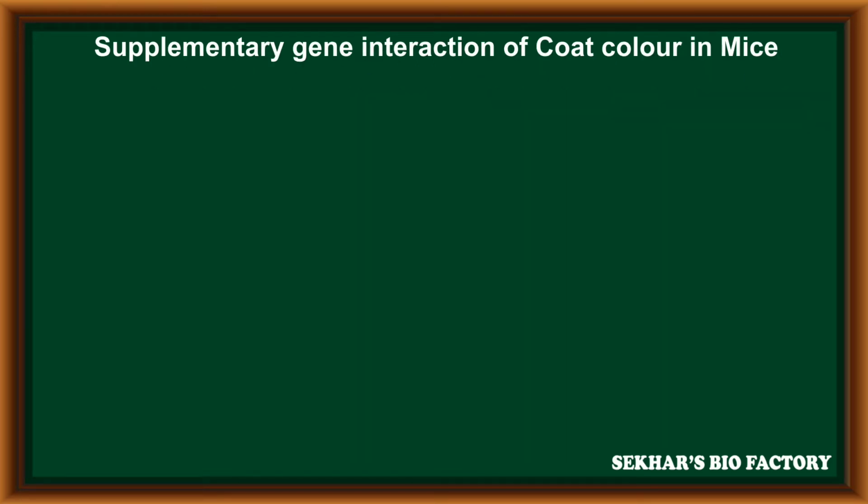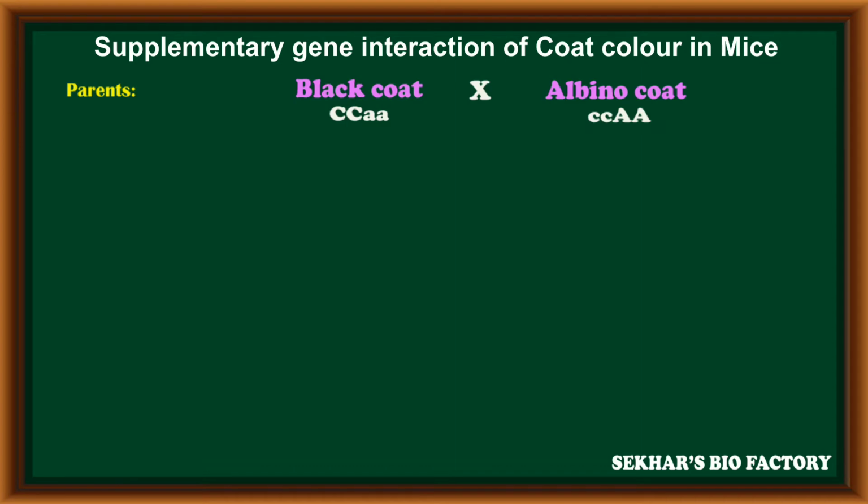In the inheritance pattern of coat color in mice, because of supplementary gene interaction, let us discuss how the inheritance pattern takes place. Here two mice are taken as parents, one with the black coat and another with the albino coat. The black coat is expressed when the C gene is present in homozygous dominant condition or heterozygous condition,